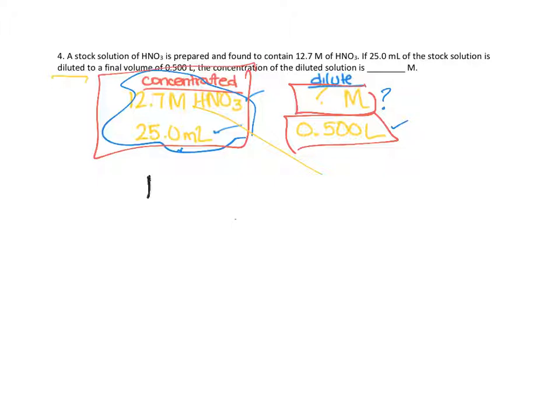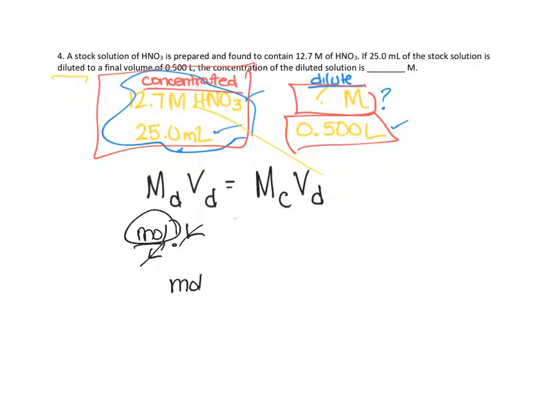So there is a kind of shortcut equation, and that is: molarity of the diluted times volume of the diluted equals molarity of the concentrated times volume of the concentrated. And what's happening, remember, is when I do molarity, moles per liter, times volume in liters, that leaves me with moles. And the same thing would be on both sides. So this equation here, this little shortcut,